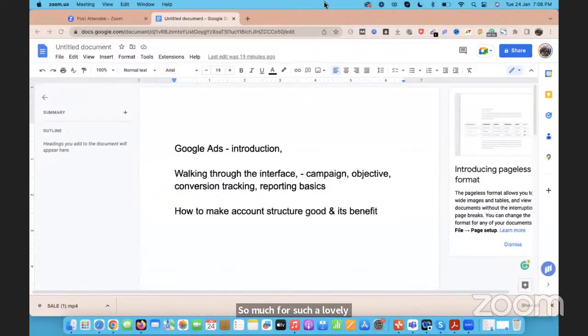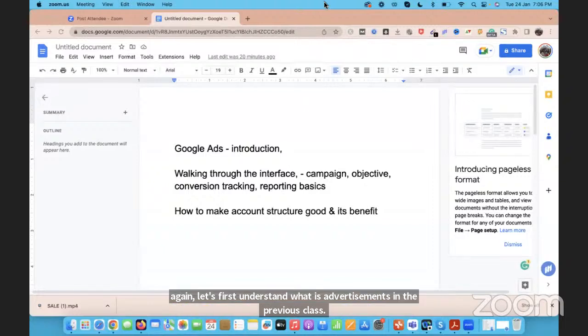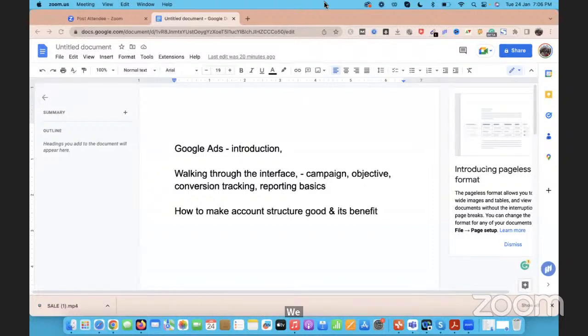So let's go ahead here and let's start with Google Ads introduction. So again, let's first understand what is advertisements. In the previous class, we studied SEO, that is search engine optimization, which was organic marketing, or we can say free marketing. But when we search that,